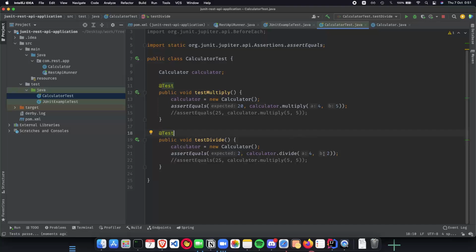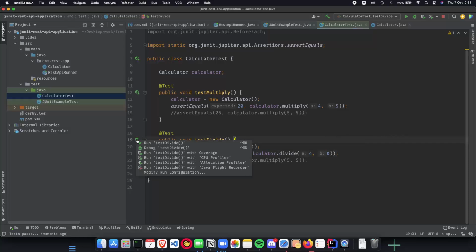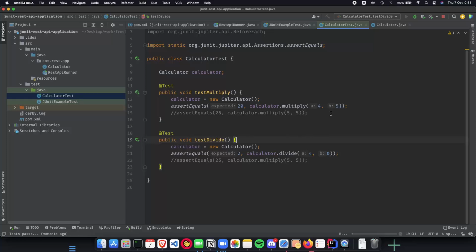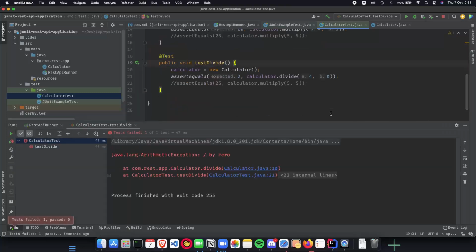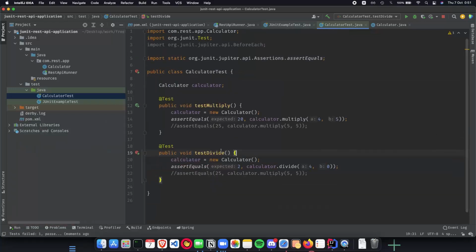But what happens when you divide by 0? Because that is an edge case that we need to understand and we need to handle. So let's just see what happens here. So if somebody's application is using a calculator and he divides by 0, we need to tell him something. We need to give him something. So here we say test failed and authorization divided by 0. Now we can write test cases where we handle this, but we will look into that in the upcoming videos